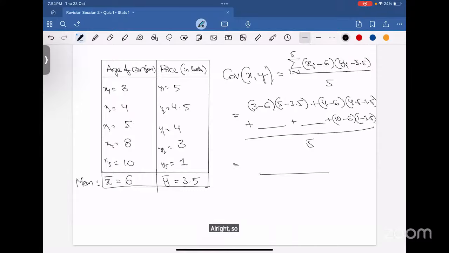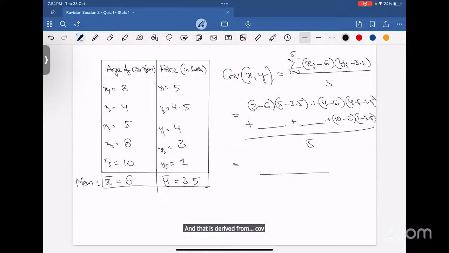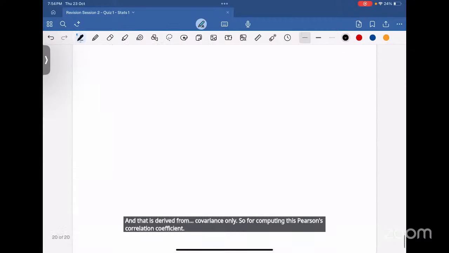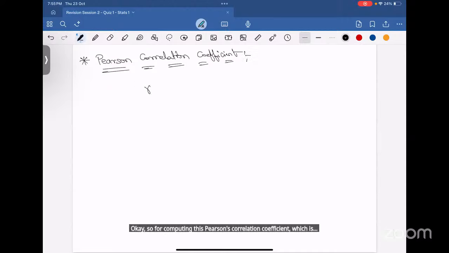So for that we need the correlation coefficient. It is basically a measure of linear association between these two numerical variables, and that is derived from covariance only. So for computing this Pearson's correlation coefficient, which is in general denoted as R,